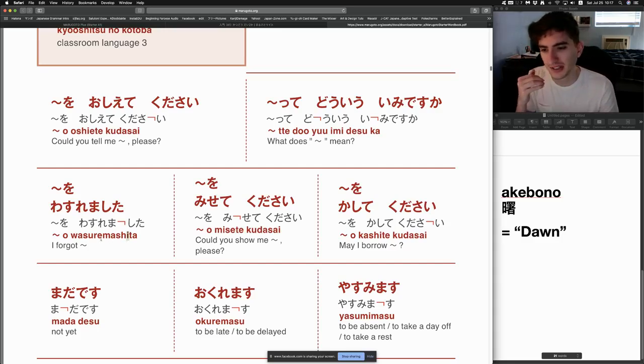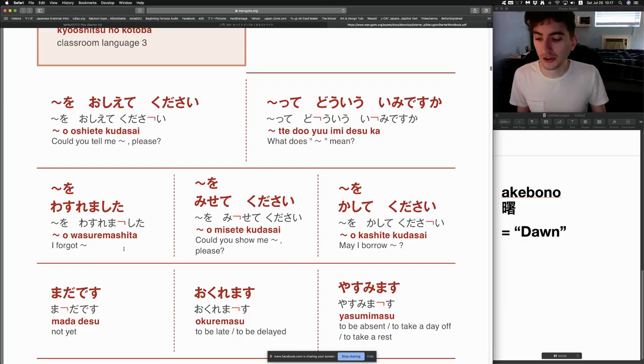So it sounds like this. 忘れました。The e sound is not really there. Anyways, this verb means I forgot about something. Oh, I forgot about that. Oh, 忘れました。